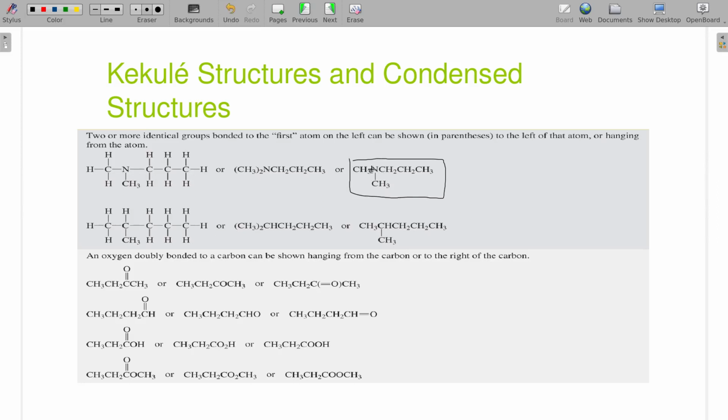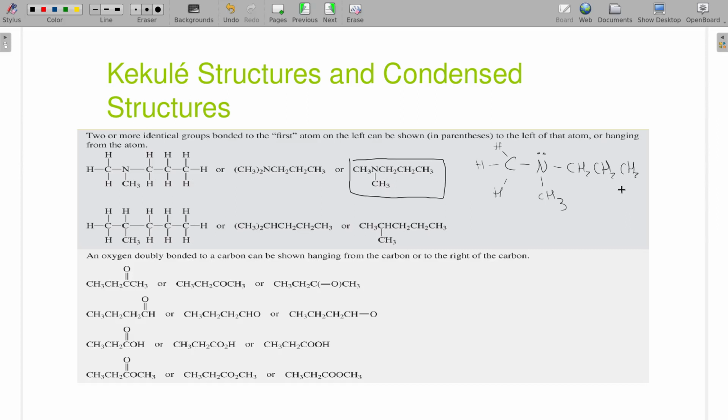And if we wanted to focus on maybe that bond right there, you might see it drawn where just that bond is expanded. What I mean by that is they might draw out that CH3 as more of a Lewis structure and leave all the rest condensed. So we will see Kekulé structures that are expanded where the book feels it needs to be to explain it. And you might even see lone pairs added in that particular case if the explanation needs those lone pairs to show what's going on.